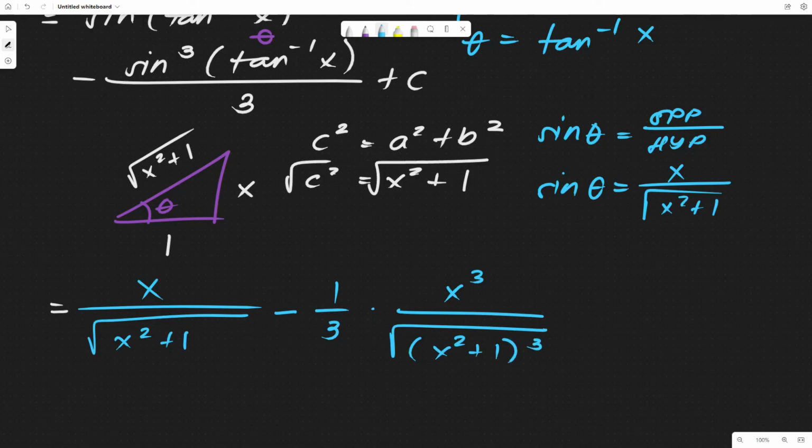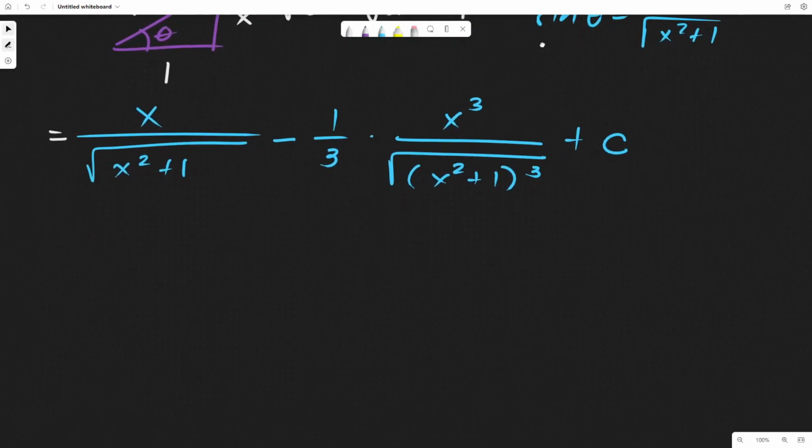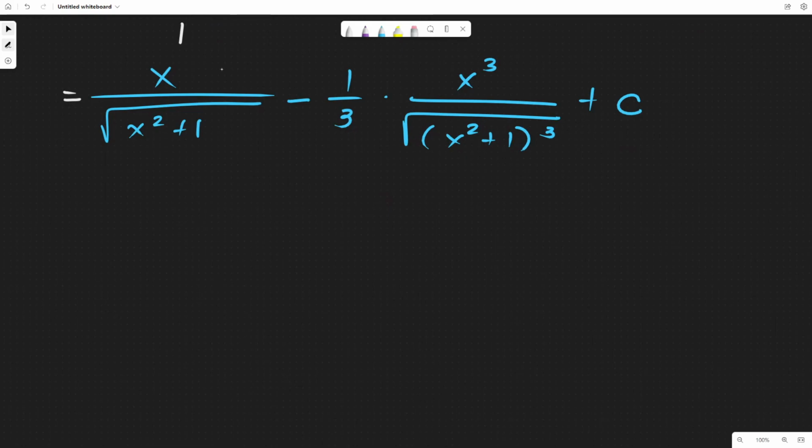Yun yung katumbas ng sine cube theta natin plus c. Okay, so simplify na lang natin ano ba yung common factor dito sa kanila. Ito, yung x over square root ng x squared plus 1. So we will have, our final answer is x over square root ng x squared plus 1 times,